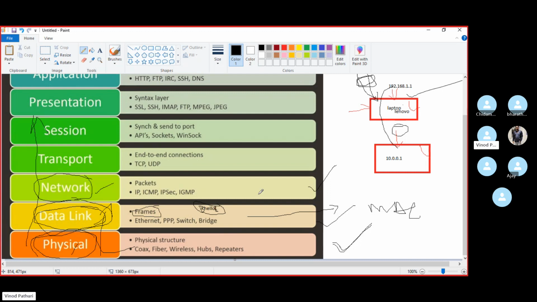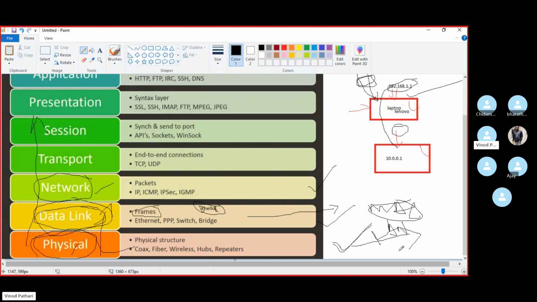In layer 3 we connect using the IP address. In layer 2 we connect using the MAC address. In layer 1 we connect using the method of connectivity, whether it is a LAN cable or a Wi-Fi connection.